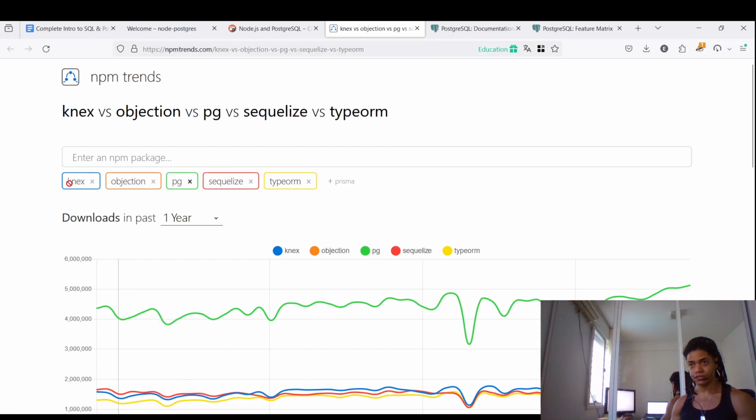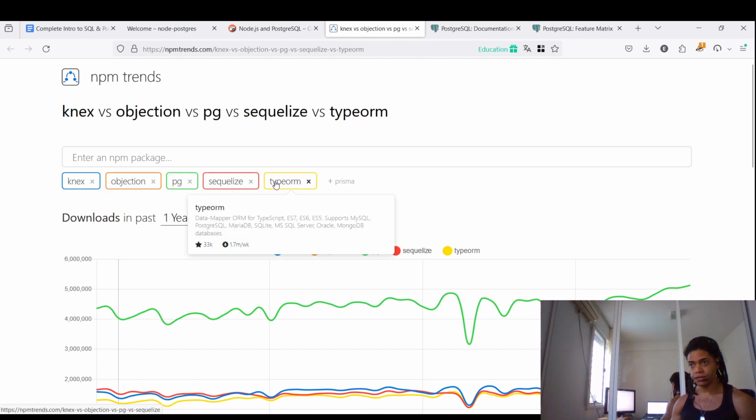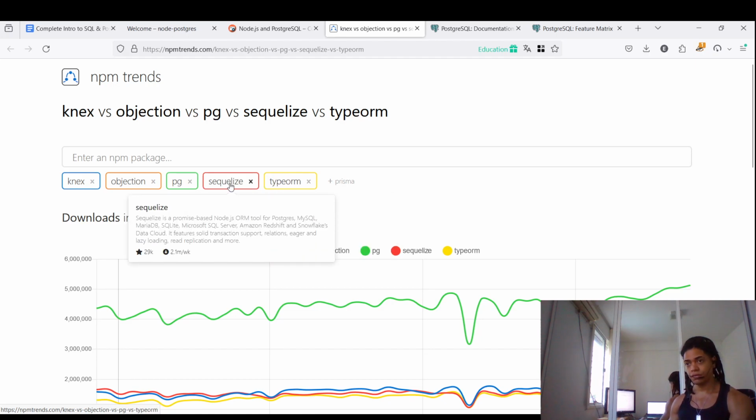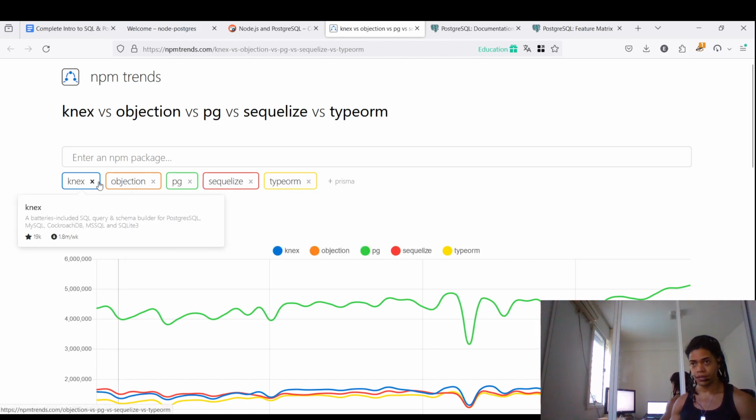It's pure JavaScript and libpq with the same API, which is great. And then you have other alternatives like Sequelize or TypeORM and that kind of thing. I think if we use Prisma